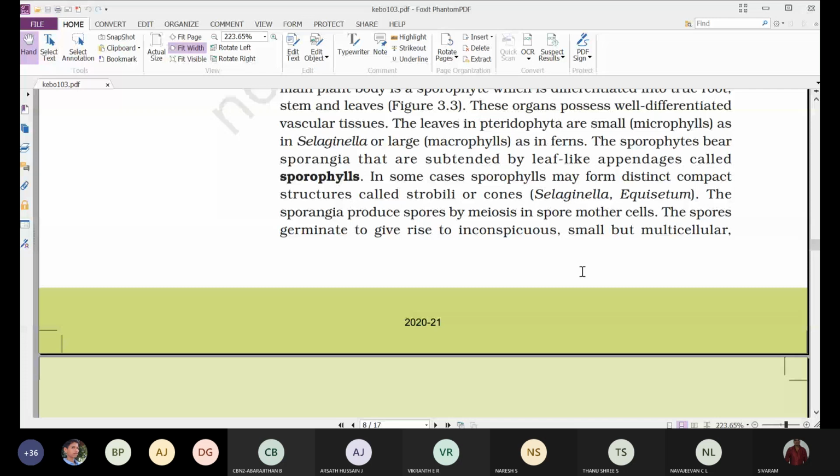The haploid spores germinate to give rise to an inconspicuous, small but multicellular